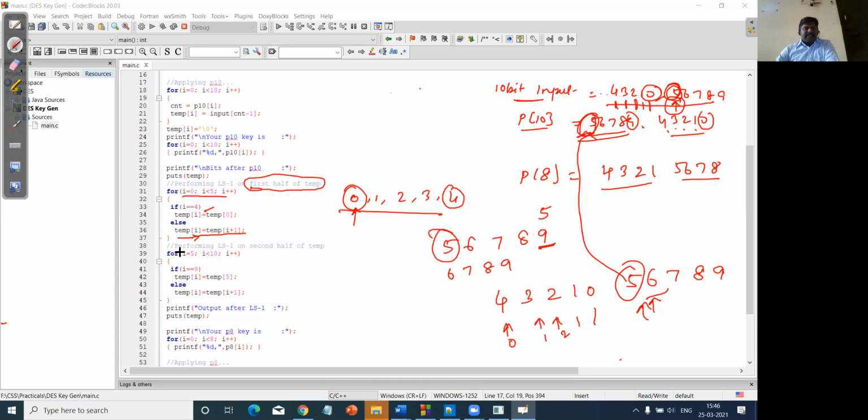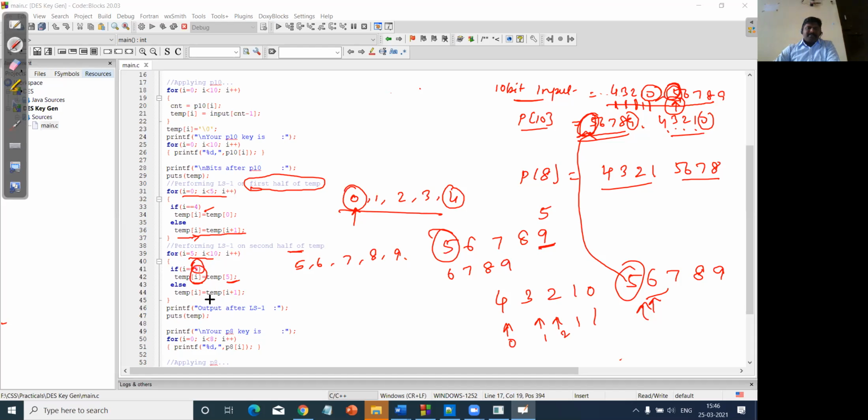And very similarly for the second half of the data, I'm going to consider it from the fifth position: 5, 6, 7, 8, 9. The same operation I'm going to perform. If my i value is equal to 9, I'm going to replace that value with whatever is stored in the fifth position.